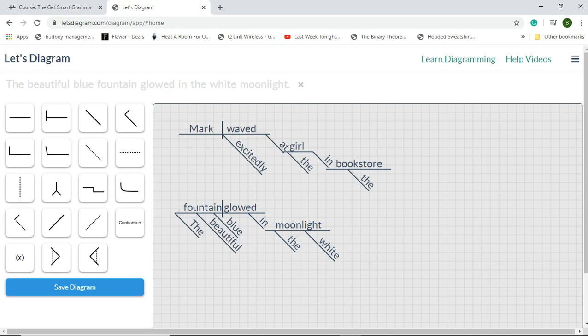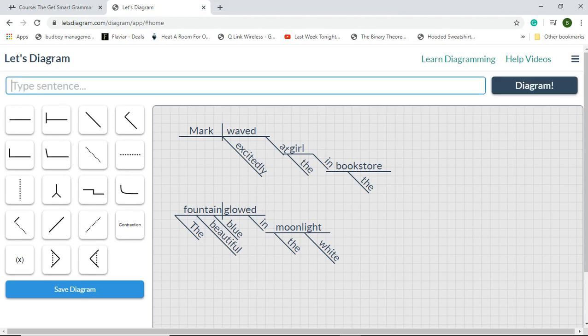And the preposition in that is in. Okay? Moonlight is the object of the preposition. The is an adjective, modifying moonlight. White is an adjective, modifying moonlight. Good. Don't worry, you guys. Only 3 more to go. Okay? So, number 3